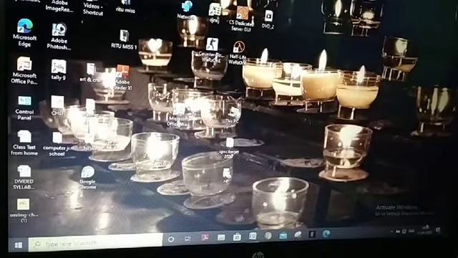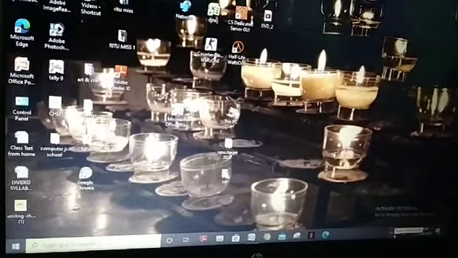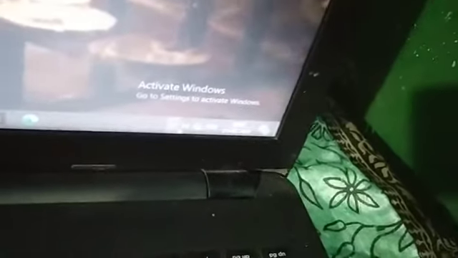And here this is the notification area. Here you can see the notification area. I hope you can see. These are some buttons. This one is for volume, then Bluetooth, and security programs.